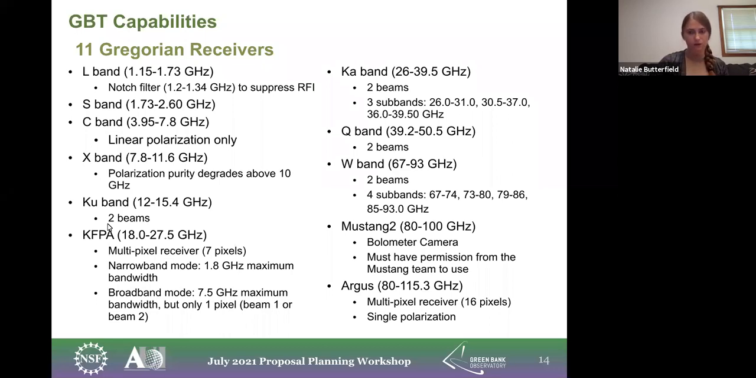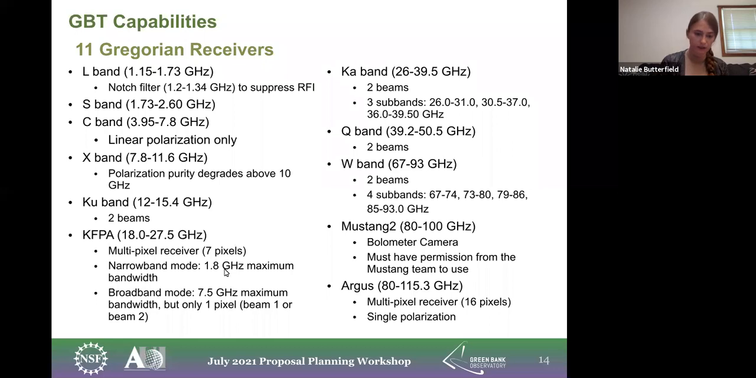In narrowband mode, the widest maximum bandwidth that you can get is across 1.8 gigahertz. And so usually narrowband mode is if you have multiple pixels. So if you want to take advantage of using all 7 pixels, then you will be limited by this 2 gigahertz or so maximum bandwidth for where you can place your lines, where you can place